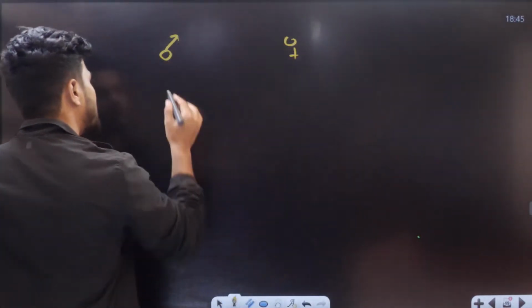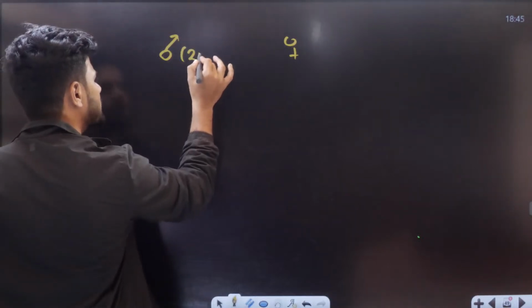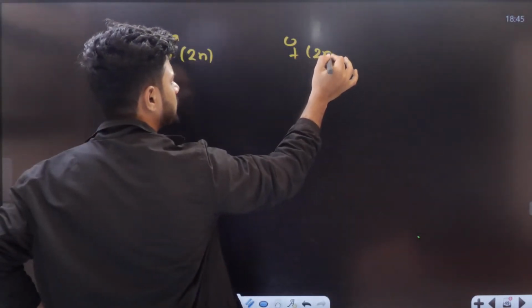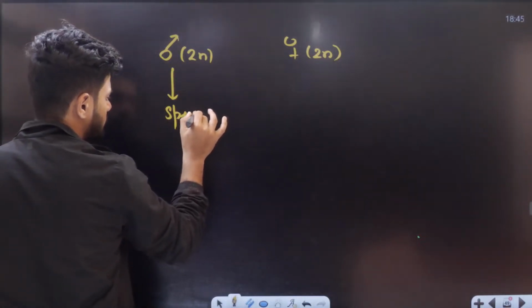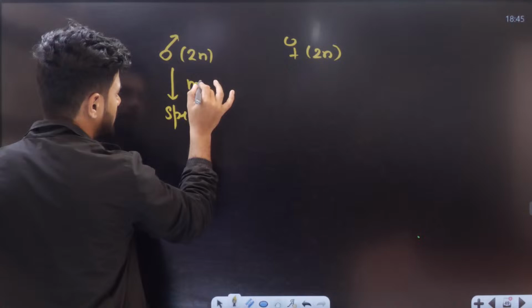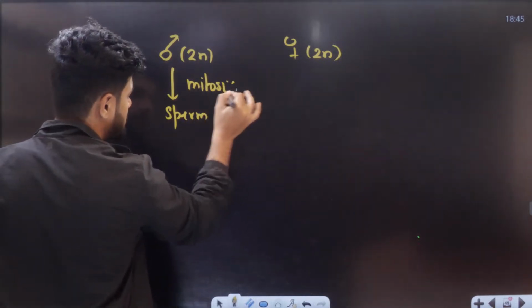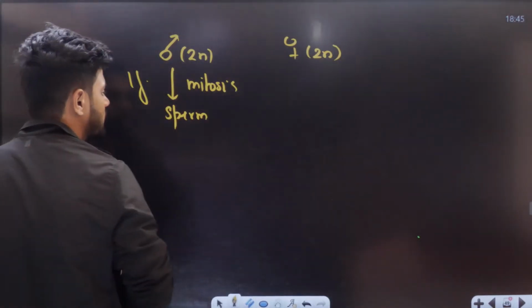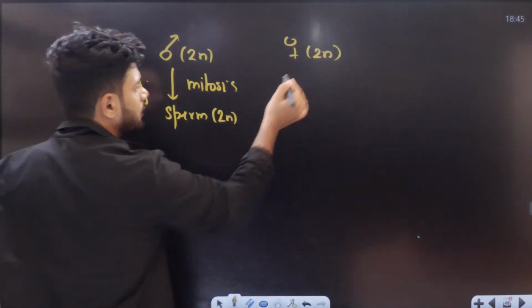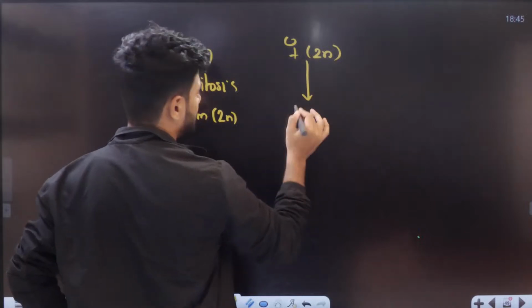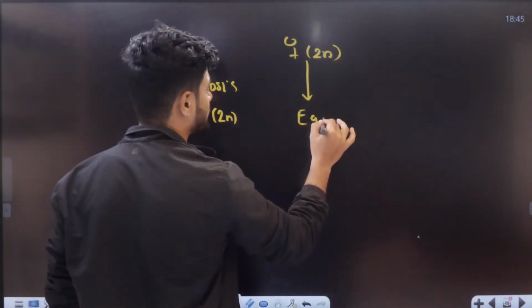Both of them are diploid organisms. The male is producing sperm, and if it undergoes mitosis, the sperm is also going to be 2n. If the female is producing an egg, also by mitosis,